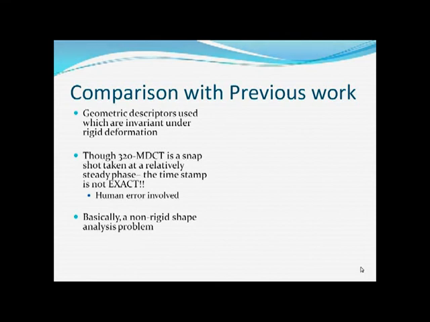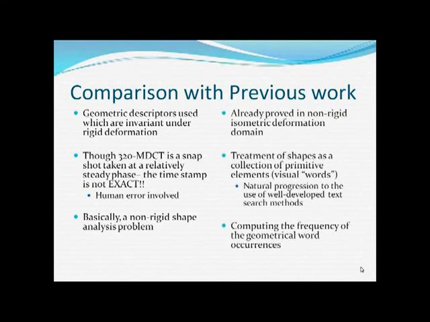Compared to our previous work, which used shape descriptors that are invariant under rigid motion, the problem is that, due to human error involved, this is not basically a problem of rigid deformation analysis. This is a non-rigid problem. So we have to move forward towards a non-rigid approach, and we choose bag-of-words because of its proven quality in